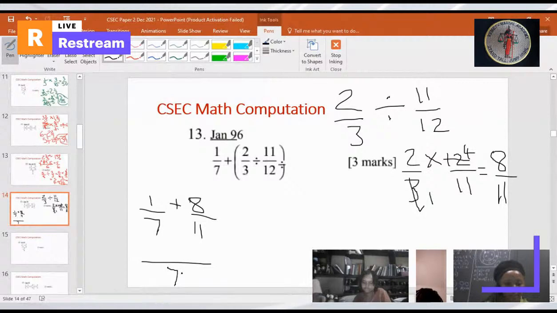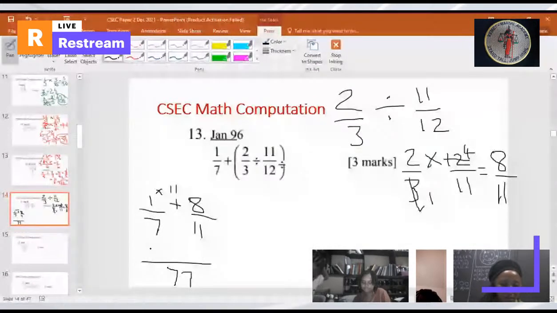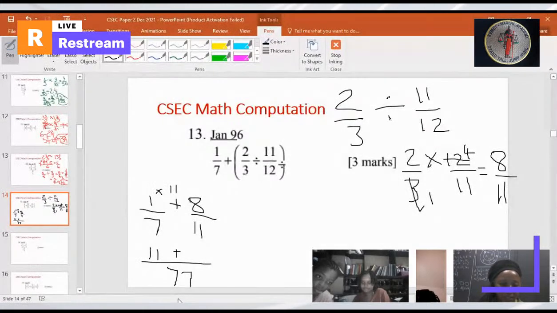So 7 goes into 77 eleven times, and 1 times 11 is 11. And 11 goes into 77 seven times,